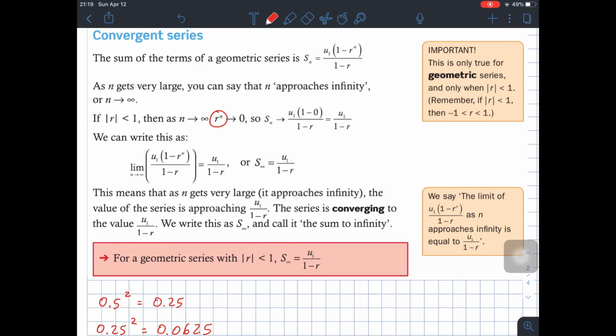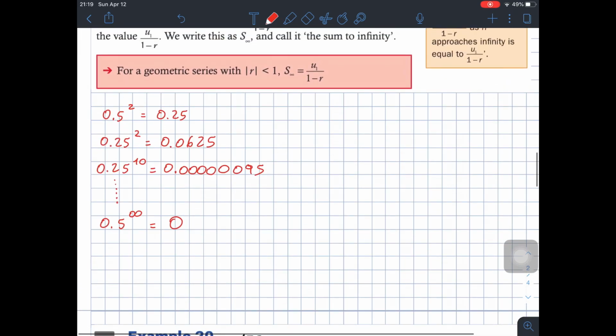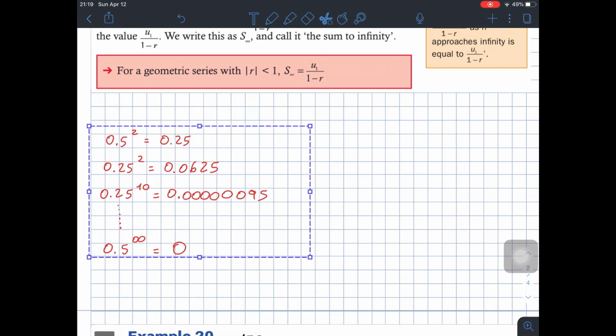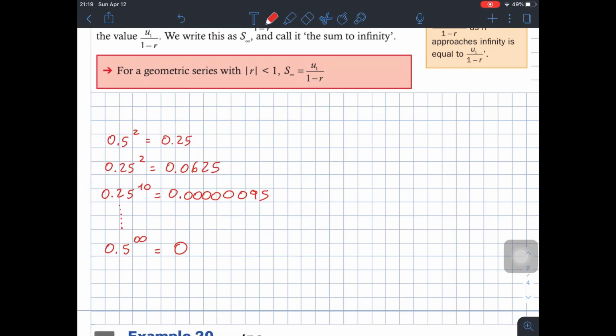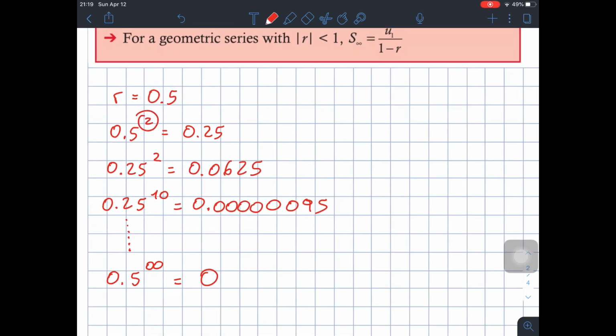Why is that? Why do you think that r to the power of n approaches 0? Consider the following problem. Let's suppose that r, let me take this down a little bit. Let's say that r is 0.5, okay? And you see what will happen here. If we square 0.5, 0.5 squared is 0.25. Then if we square this answer once again, we would get